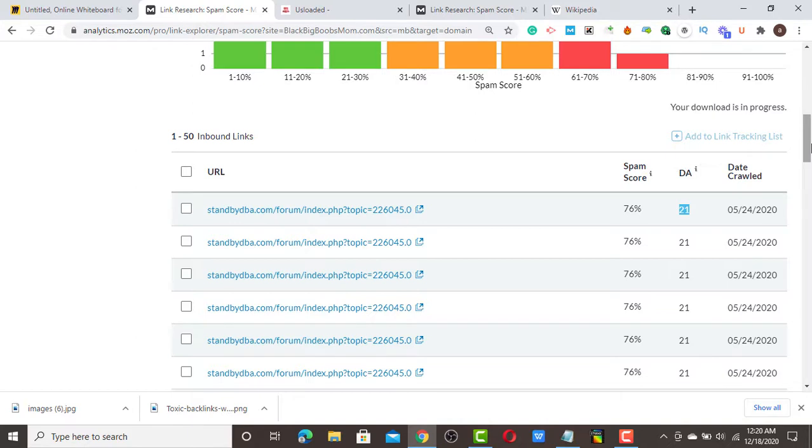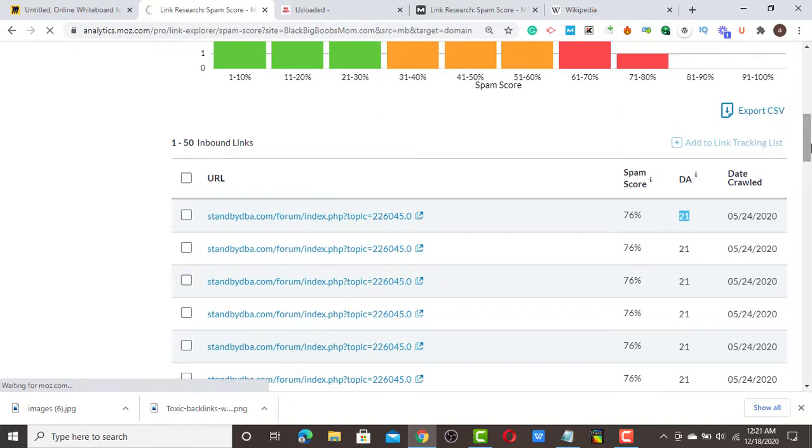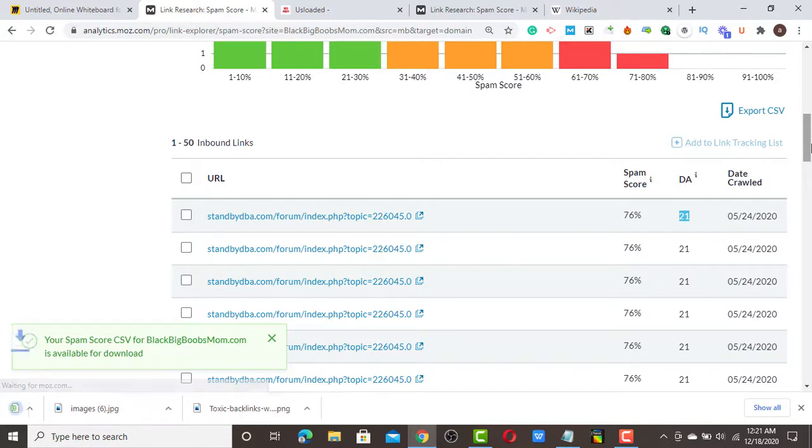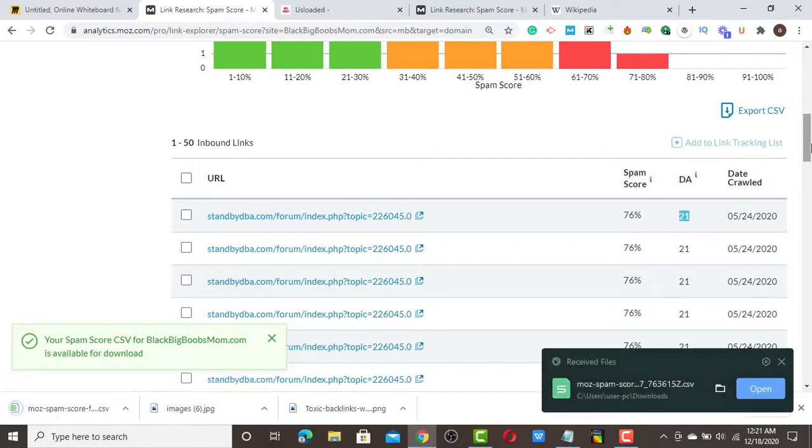Remember what I said earlier. I'm not repeating myself, but I'm trying to make you understand it. I said if the spam score is more than the DA, that kind of link is toxic. But when the DA is more than the spam score, those links are called spam links, but they still pass link juice. Now let's open it.